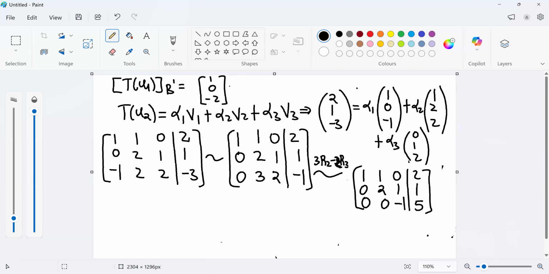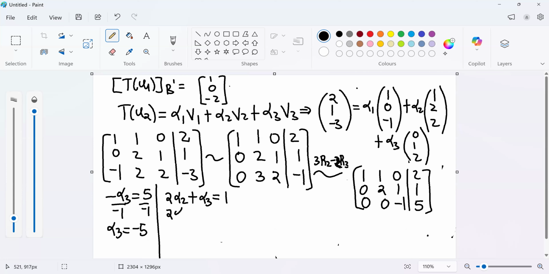So what do we have? Negative R3 is equal to 5 over negative 1, so R3 is negative 5. Then also 2R2 plus R3 is equal to 1. So 2 alpha 2 minus 5 is equal to 1. So 2 alpha 2 is 6, over 2. Alpha 2